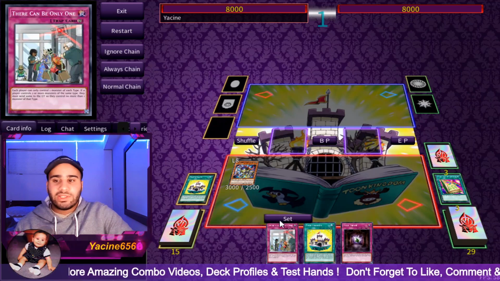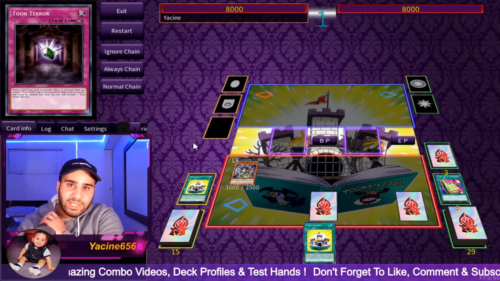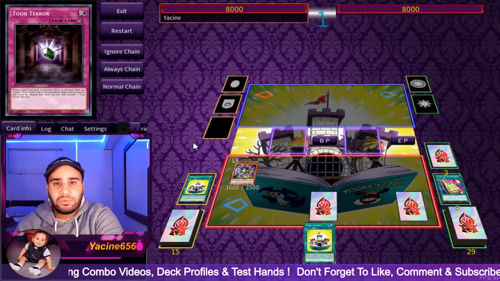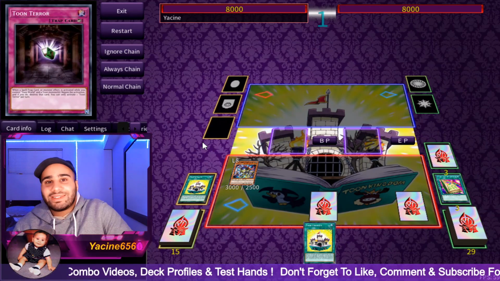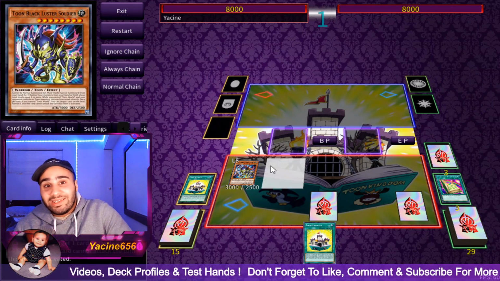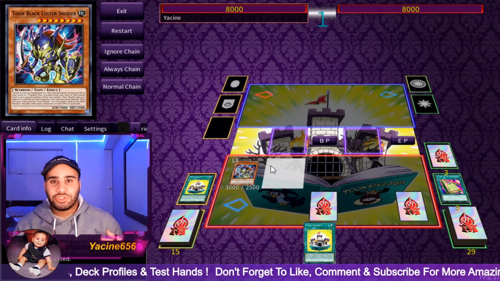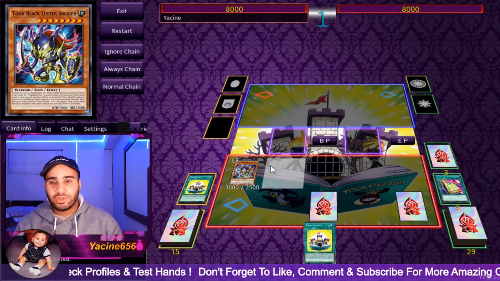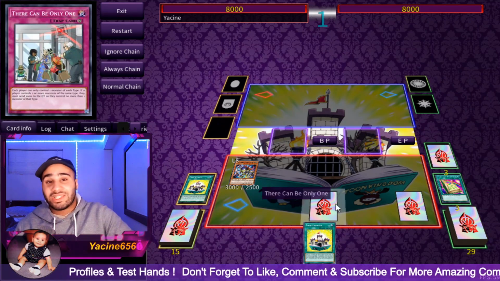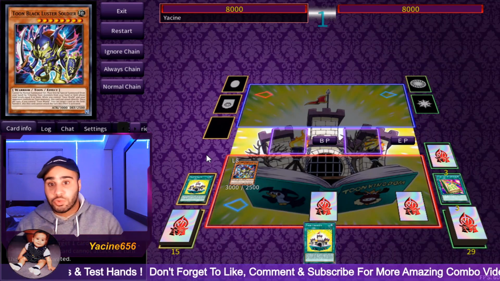We have BLS with there can only be one and a negation. And a lot of people might say, oh, this is not a lot of negates. I don't care. I'm not scared. The thing is, this is still scary in a really unique way, because the BLS can attack directly for 3,000, and also every turn it can choose to not give up on its attack and banish a monster your opponent controls. While there can only be one, your opponent cannot,